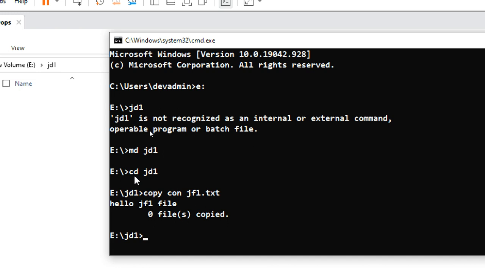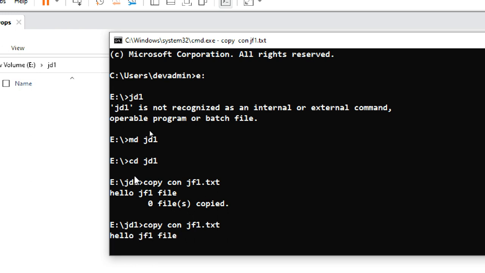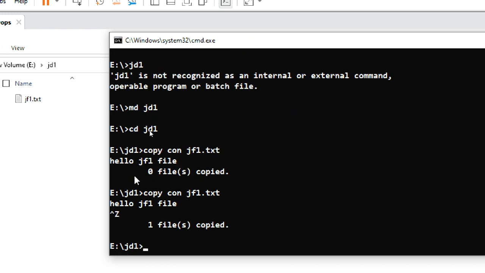It's not Control C now, it is Control Z. Yes, so Control Z is working, not Control C. So this is one command. Write that one down: copy con.